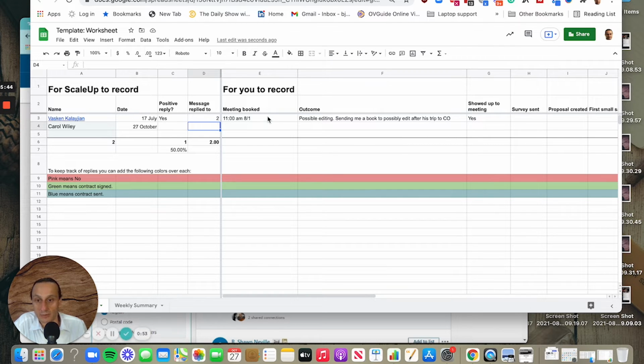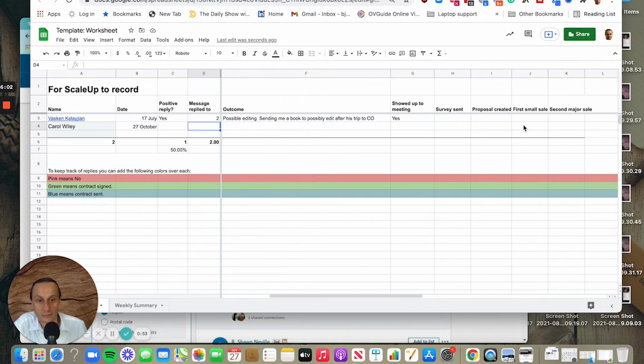And then you can have additional tabs, or rows, for meetings booked, outcome, whether or not they showed up to meetings, whether or not the survey was sent, a proposal created, or the first small sale made, or maybe the second major sale.